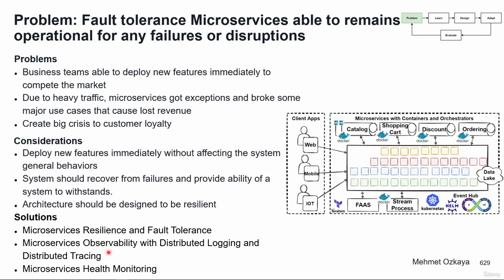These include the Elastic Stack, which includes Elasticsearch, Logstash, and Kibana, and also microservices distributed tracing with OpenTelemetry and using Zipkin. And lastly, we should identify and learn microservices health monitoring using Watchdog, and Kubernetes health monitoring using Prometheus and Grafana. So we will continue to learn all these concepts in the next section.